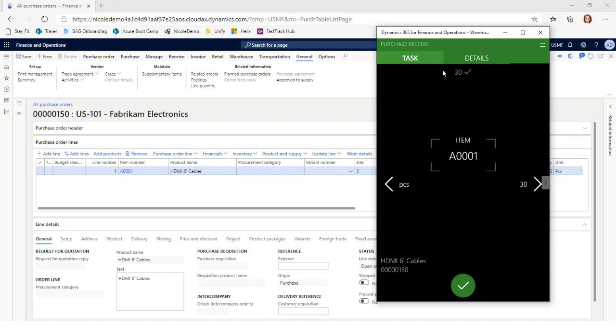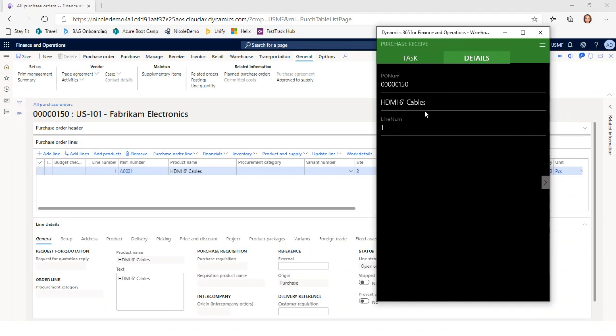measure for this item. I'm going to pause here and just talk briefly about something we mentioned earlier, which is the priority, the warehouse app field priority setup, and how it displays information on the task tab versus the details tab. So you can see here, this task tab is the main one that I'm working in. I've got some information that is displayed to me at the bottom, and that is based on that priority 10 information. If I switch to the details tab, I may see some additional information that is not displayed to me, such as the PO line number, and that would be anything that's in that priority 20 and below on that